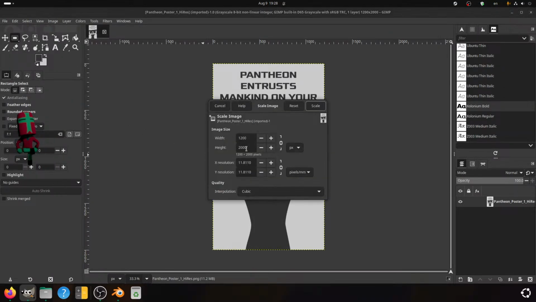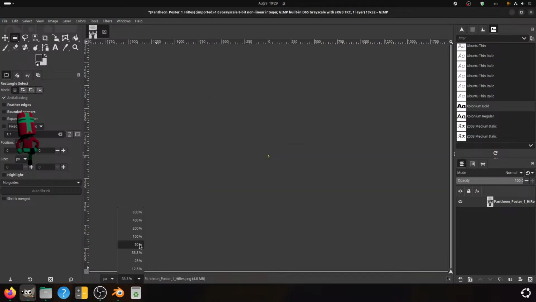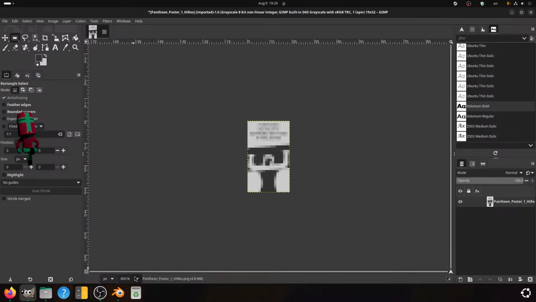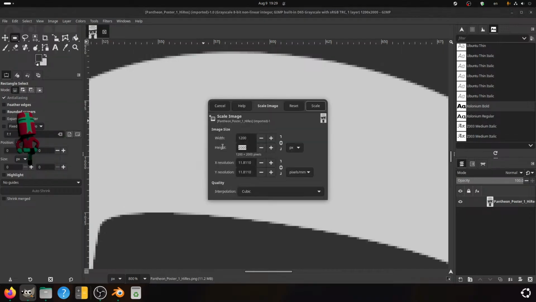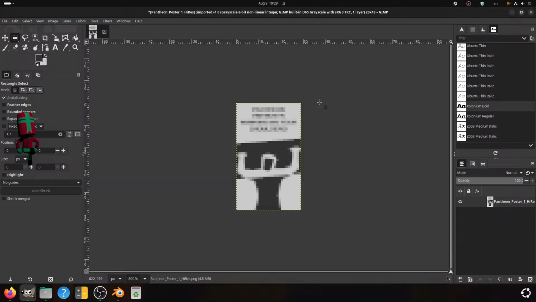So scale you down to 32. Okay, maybe a bit more. Maybe 48. Yeah, 48 is fine.